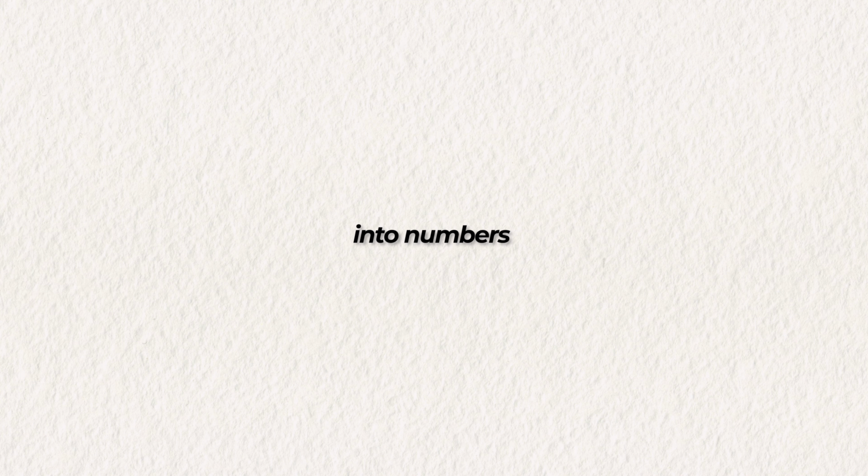Numbers, categories, labels. It can get confusing, right? But not with label encoding. This simple yet powerful technique helps convert categorical data into numbers, making it easier for machine learning models to understand